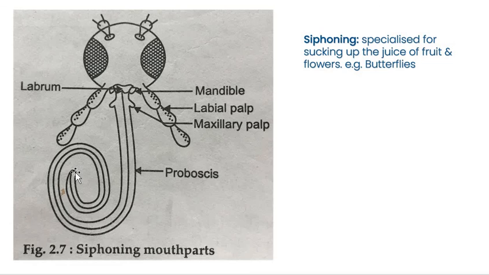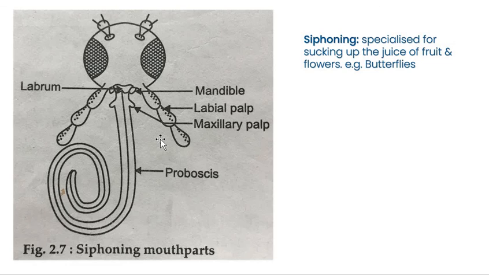Now the mandibles and maxillae are very much reduced. Why? Because there is no need of mandibles, no need to catch the food, and therefore no need of maxillary palps. So in this type of mouth part, mandibles and maxillae get very much reduced. Then the maxillary palps are vestigial. The labium is represented by a triangular plate bearing the labial palp. Here you can see the labial palp.